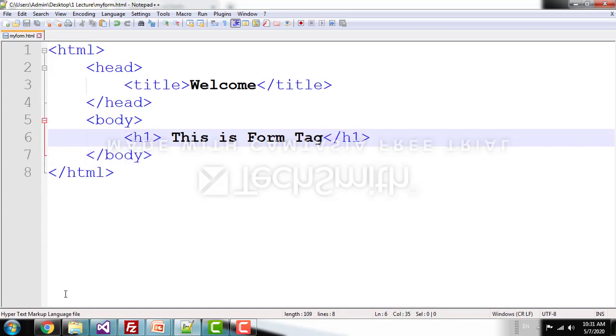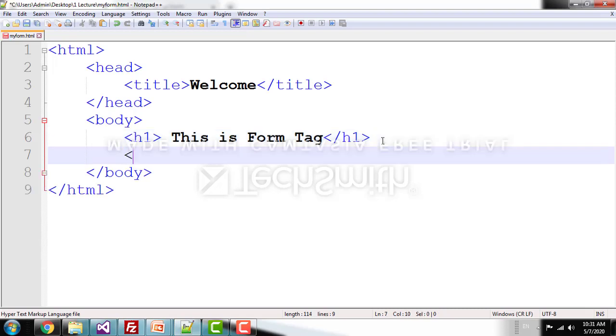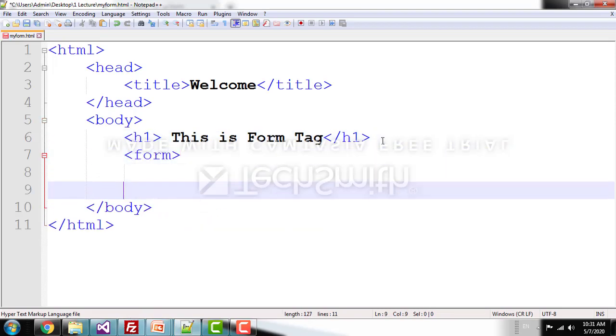Now, what is the syntax of the form tag? Simple. It is form, closing slash form. So whatever HTML form elements we are going to write, these tags must be written inside this form tag, between the opening and closing tag. Okay. So next,